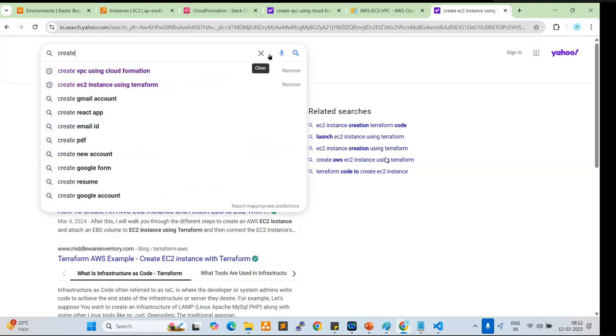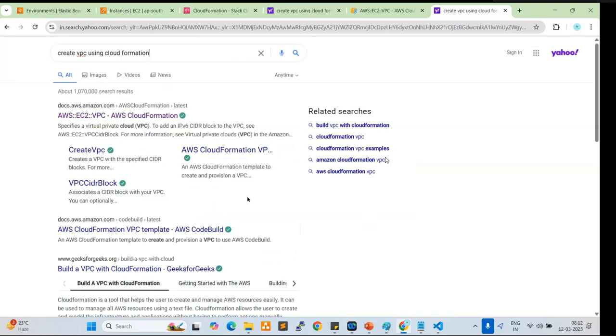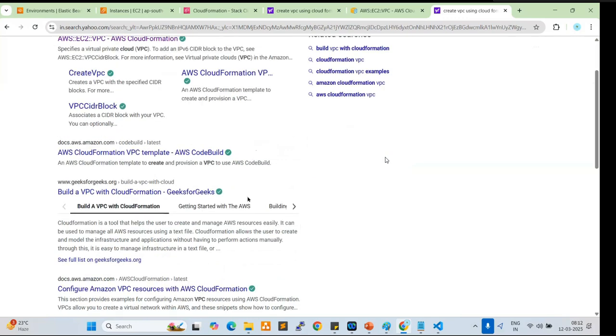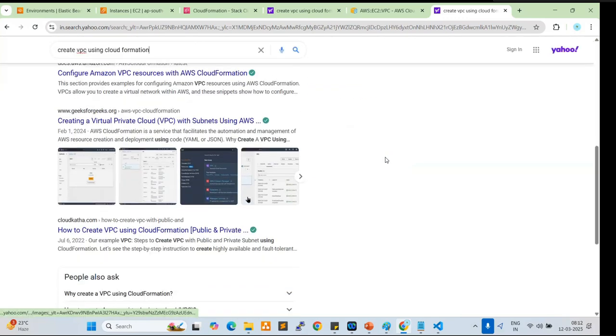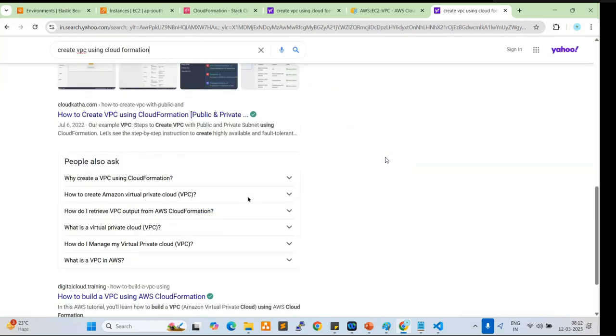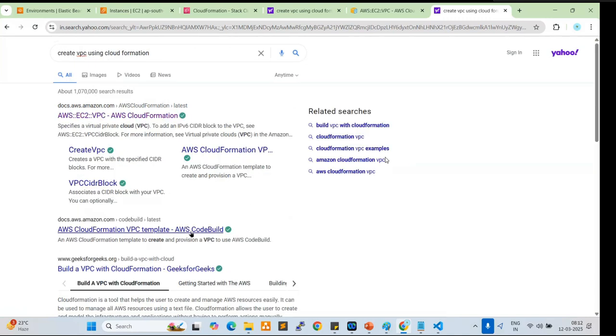So create VPC, for example. So now it is not showing anything. Create VPC using. Yeah, all the steps are available here, but we need to give the proper comment here, proper information, so that definitely we get